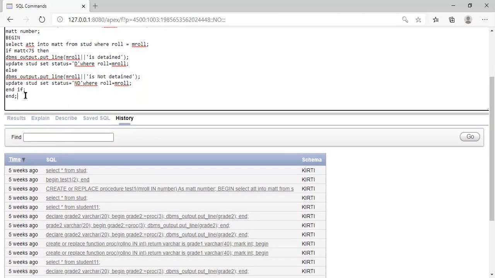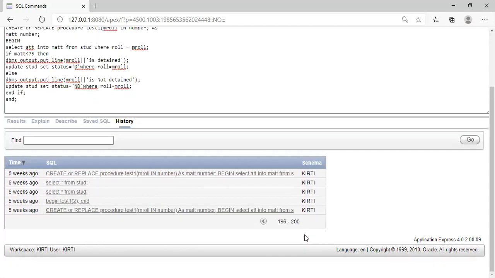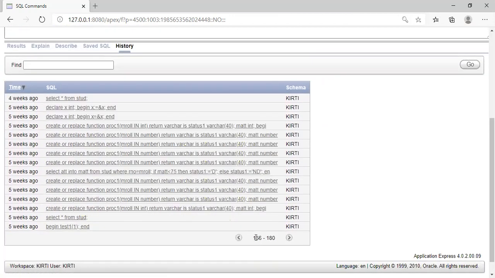Now for the same procedure, we will go with the function. Okay, stored function. We will start with the stored function.